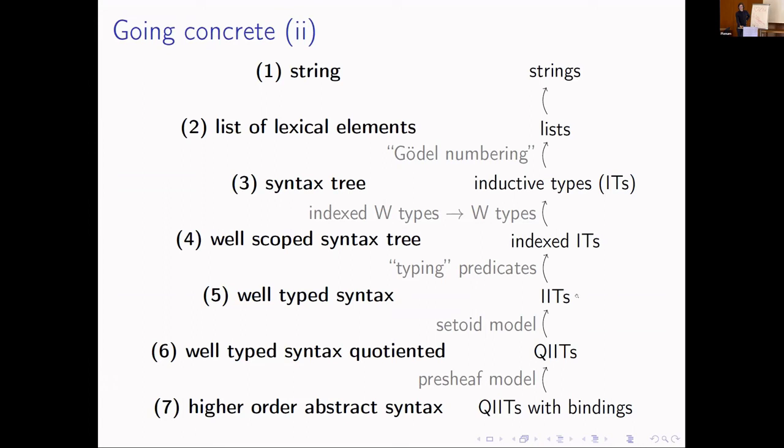Which adds all these equalities and unfolds them, and then when you go from IITs to indexed inductive types, you can encode IITs with indexed inductive types by so-called well-formedness or typing predicates. And in fact, what you get is that when people define low-level syntax as well-scoped syntax trees, and then they define the conversion relation, then they define the typing predicate, there are lots of ad hoc choices that you can make to define the conversion relation, like is it typed, non-well typed, how much information is there in the terms. While this, if you start at the high level of abstraction and go down this way, then you